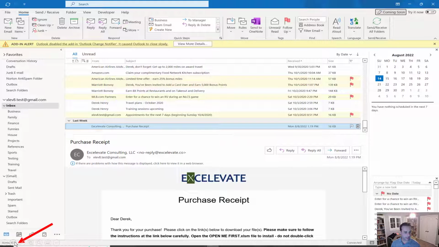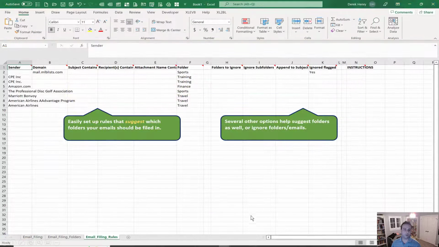So what this is going to do, let's see what the email inbox looks like before. Notice there are 93 items down there. That's all that's in the inbox, okay? So what we're going to do is run the file email messages macro. And the first time you run this, it's going to create a couple of sheets. It's going to create the rules sheet. It's going to create your folders, right? So a list of all the folders you have as well as the categories you have,